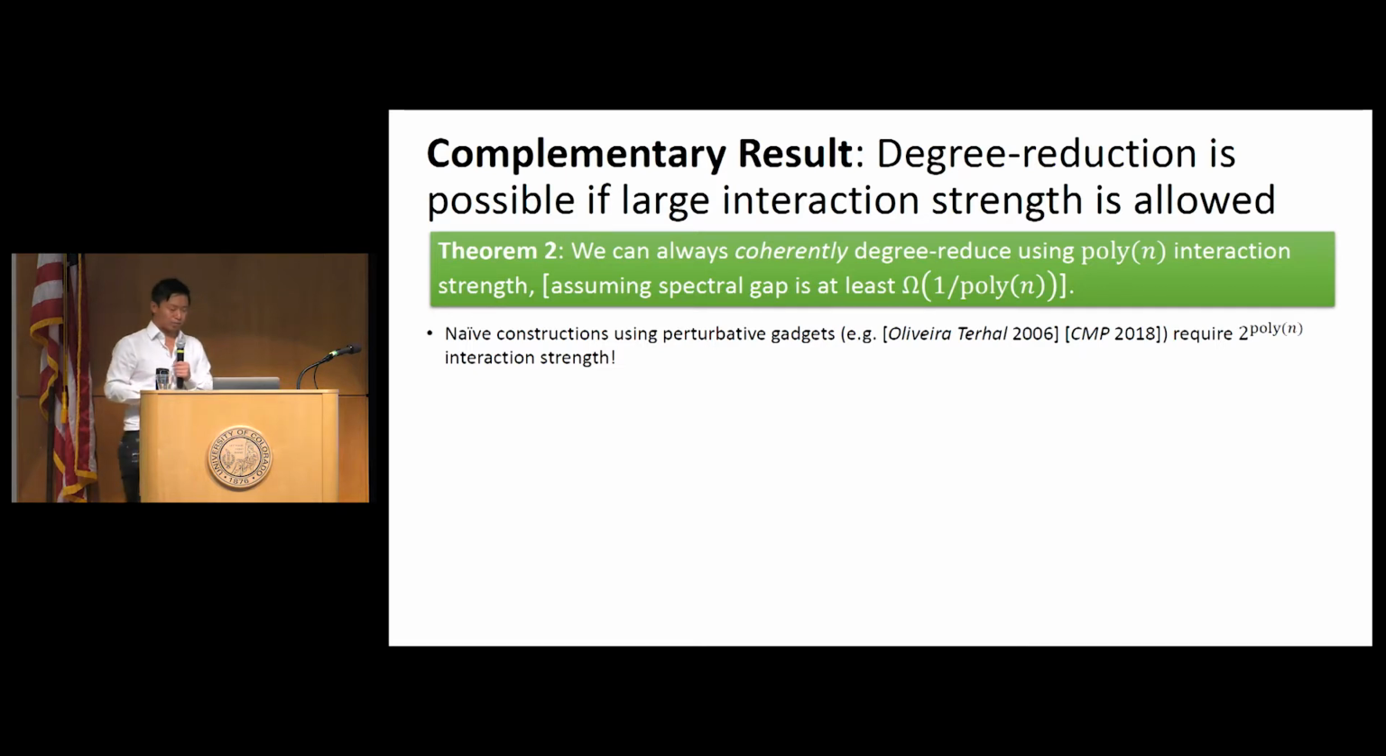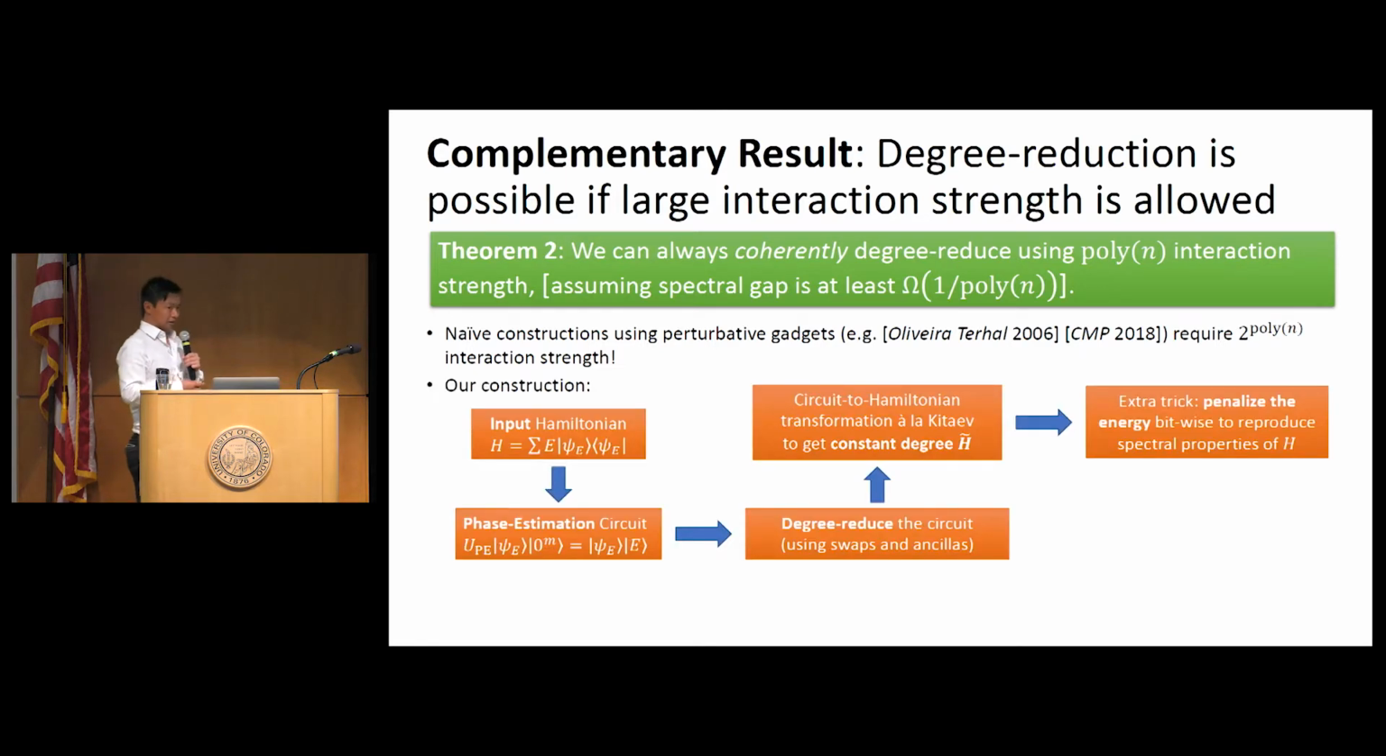To get around that problem, we use a sophisticated combination of standard tools in quantum complexity theory. Specifically, given an input Hamiltonian, we look at the corresponding phase estimation circuit, the unitary UPE that takes any input that's an eigenstate of the original Hamiltonian with energy E, and some ancilla initialized to 0. It maps it to the same eigenstate, but now the ancilla has the energy written down in